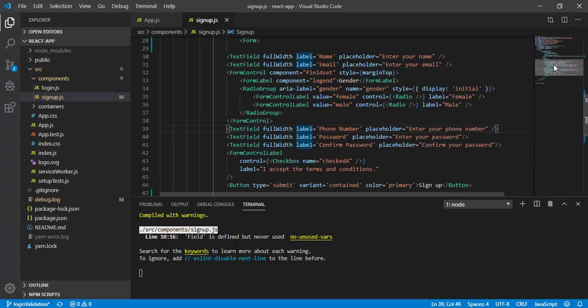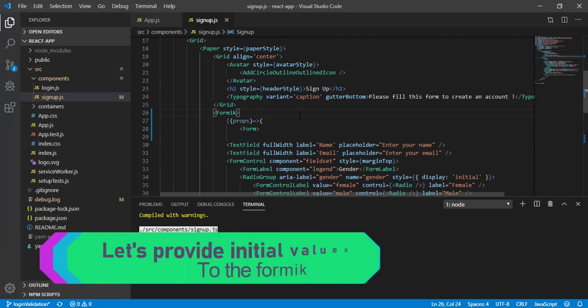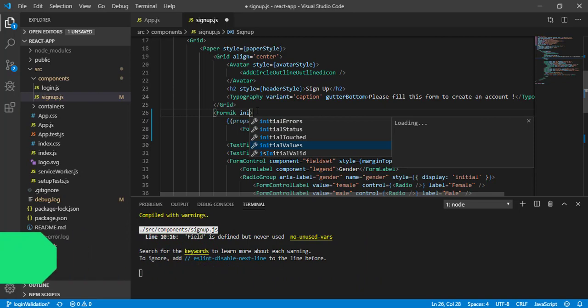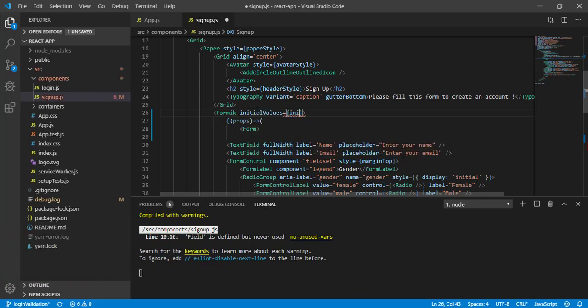Now let's provide the initial values. Come to the Formik tag and write initialValues, and here the initial value variable. Let's create this variable.